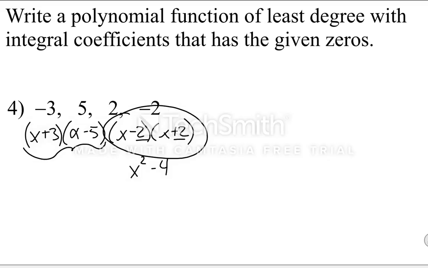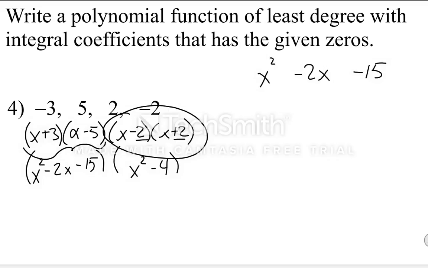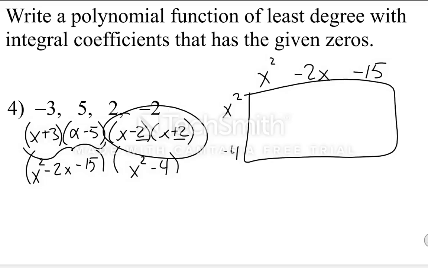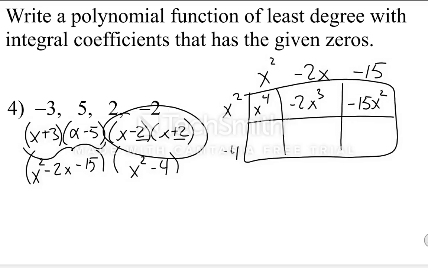Then I can multiply this one here. That's x squared minus 2x minus 15. And then I can take both of those polynomials, one's a trinomial, one's a binomial, and multiply them through. So x squared minus 2x minus 15 on top, x squared minus 4 on the side, a 2 by 3 box. Okay, and then I get x to the 4 minus 2x to the 3 minus 15x squared. I get minus 4x squared,